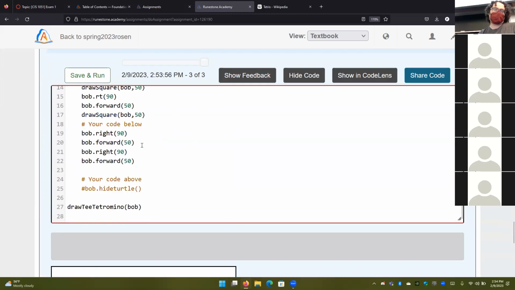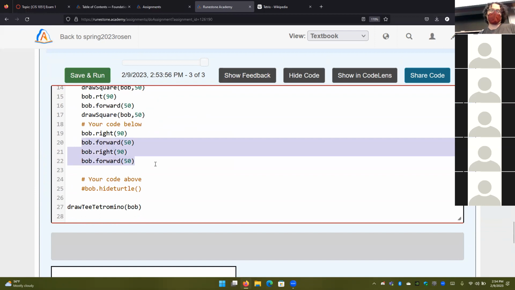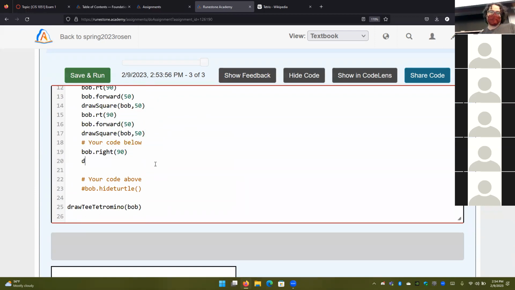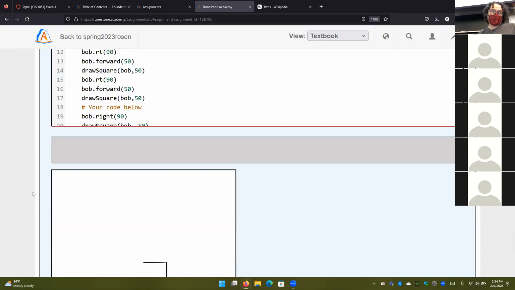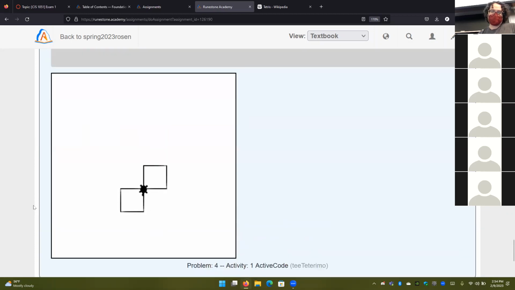The other way that I've seen students do this, and it's again perfectly acceptable, is that they turn right and then they call draw square again. This works because the turtle has no problem drawing exactly on top of what he's already drawn. So Bob and 50 for a draw square function. And there we go. Here he draws another square, which simply draws on top of what he's already drawn, but also draws the part that's missing. Both are completely valid answers. It got the job done.